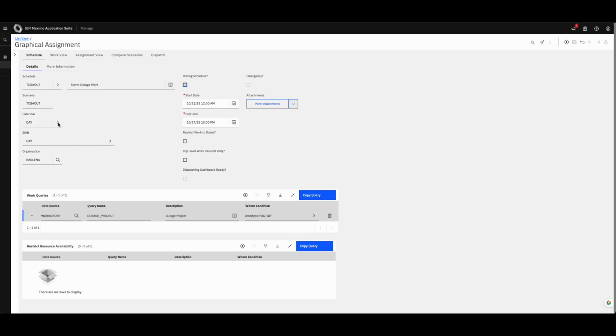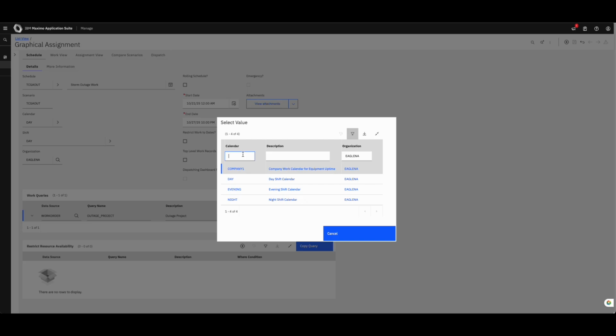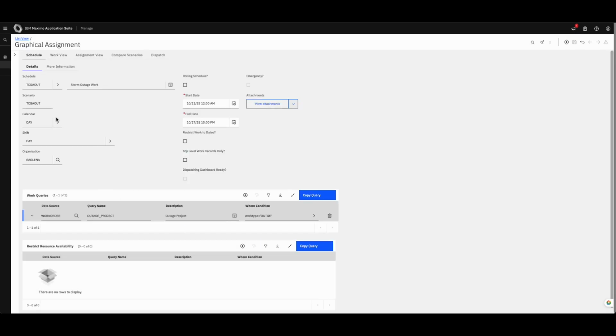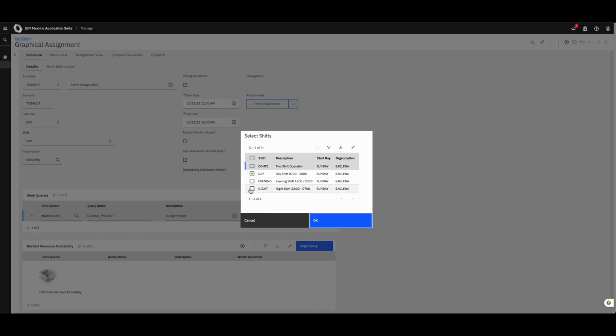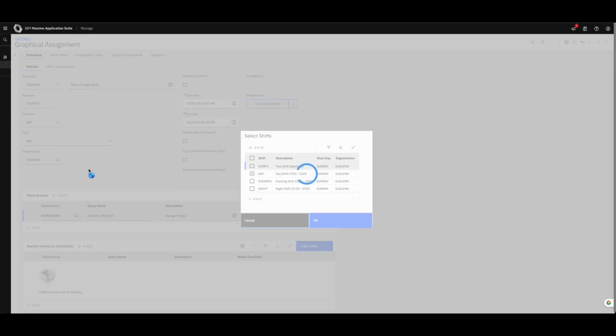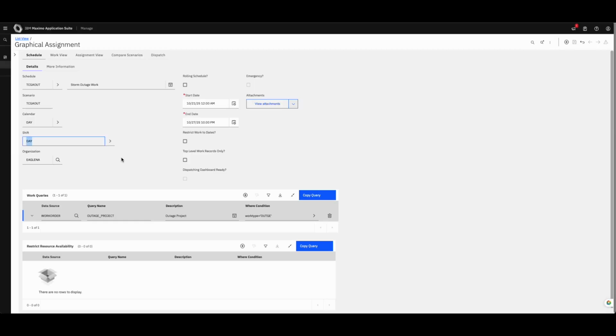And as part of the setup here, all you need to do is just define, all right, here's the title of the schedule. This is the name of our scenario. This is the calendar that we're going to use, whether it's a day, evening, night, or the total company calendar that we have. Here's where we would define that shift if we want to do a 2-shift operations, just evening, night, day. For this schedule, we're going to do a lot of the assessments during the day